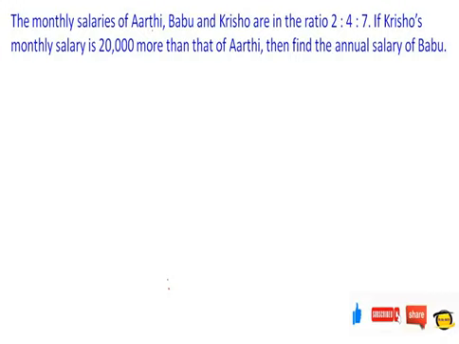The monthly salaries of RT, Babu and Krisho are in the ratio of 2:4:7. If Krisho's monthly salary is rupees 20,000 more than that of RT, find the annual salary of Babu. So we have RT, Babu and Krisho as 3 persons, and the ratio between their monthly salaries is given as